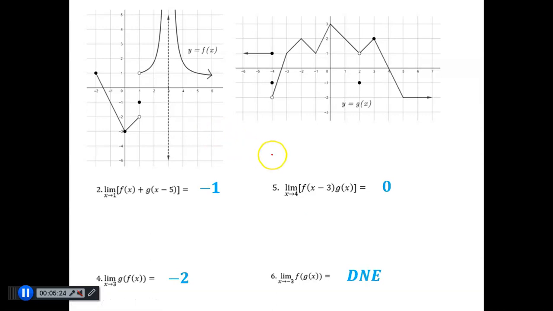Okay. Number 5. Whoa, I just shifted my desk. Okay, number 5. I am approaching 4. Again, this is similar to number 2, where it's not like f and g are composed with one another, but technically f of x minus 3 is a composite, and then these two are being multiplied, right? So I'm going to look at